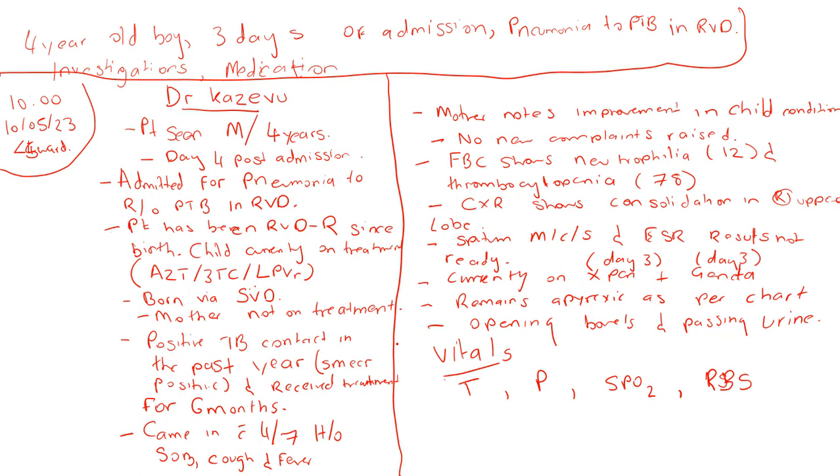Then your plan. Your plan now is based on how well you have reviewed your patient. You are able now to know what exactly you can order, what exactly you should follow up, and how exactly to manage the medication, whether you escalate or de-escalate it. Suppose this child that we're having here, as our hypothetical scenario, came back with a positive sputum result for GeneXpert for TB, it means that we would have to stop the Expen, stop the Genta, and then start them on the ATT plus your pyridoxine. That's the fixed dose